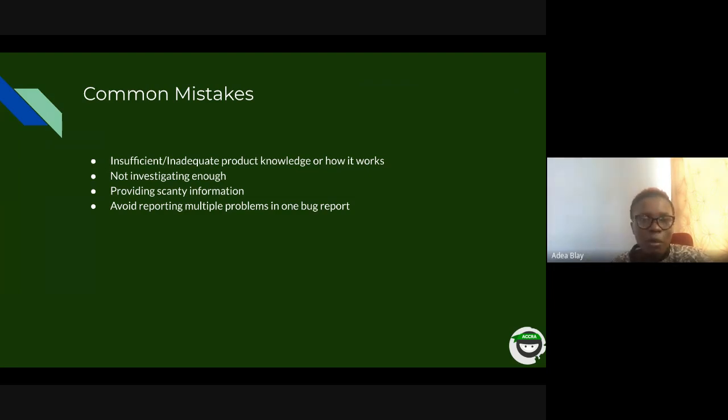And then not investigating enough, providing scanty information, and avoiding reporting multiple problems in one bug ticket. I think that would be quite confusing. So it's better to do that one at a time. For cases like